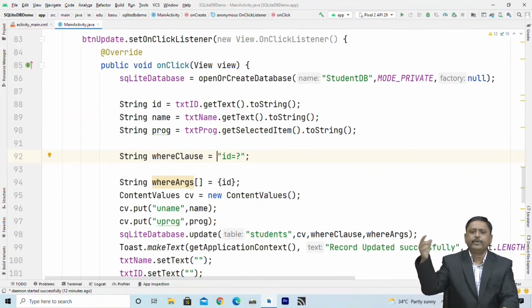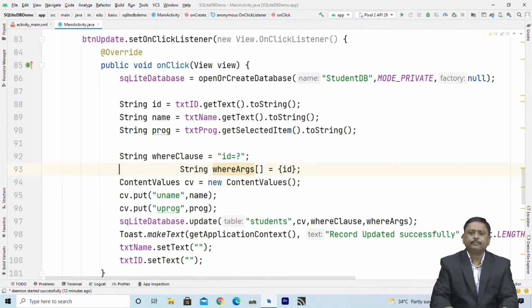ID is equal to question mark. Now that ID comes from ID edit text and it is stored inside this ID, right? So here I write down inside where clause ID.